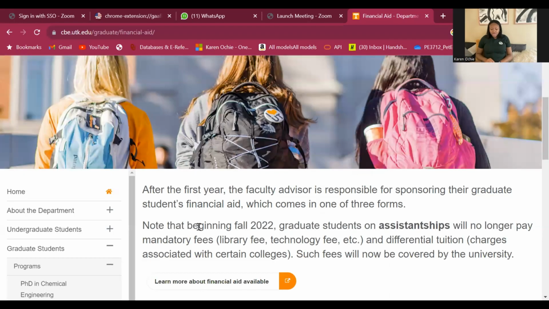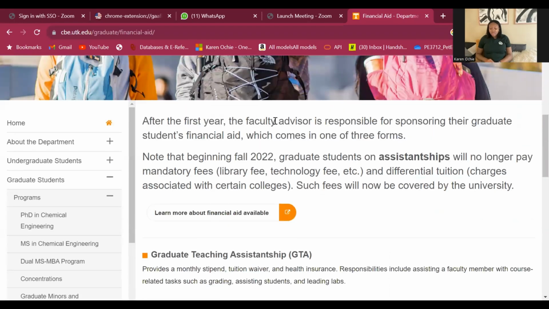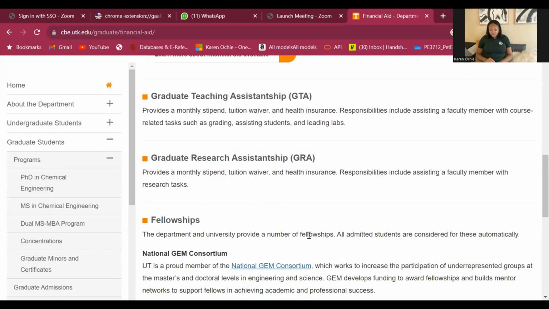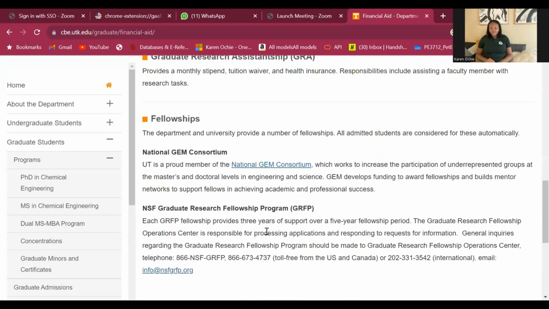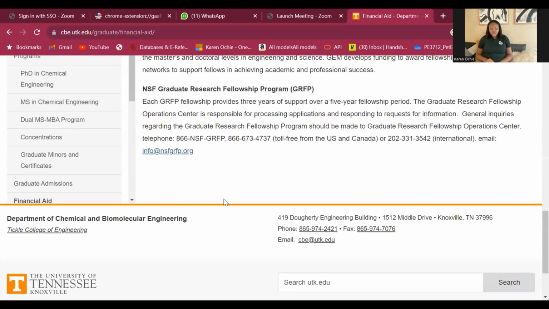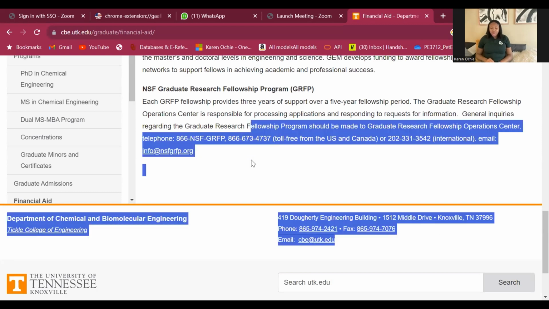So if you click on financial aid, you will see after the first year, the faculty advisor is responsible for sponsoring their graduate student financial aid, which comes in one of 3 forms. There's a graduate teaching assistantship, which provides a monthly stipend and tuition waiver, graduate research assistantship. There are also fellowships and different things. So you can reach out, there's an email, a phone number, also the graduate coordinator